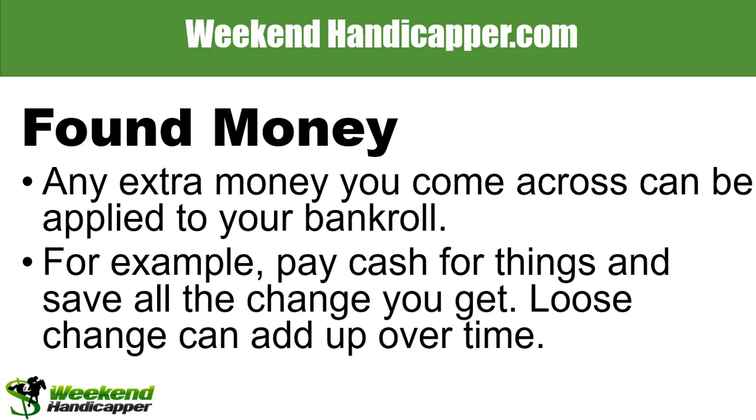All right, found money. Found money is another way to build your bankroll. Any extra money you come across, apply it to your bankroll. So if your family or friends gave you some money,